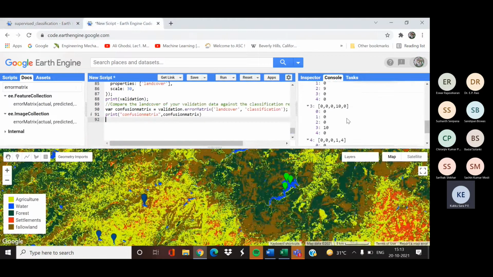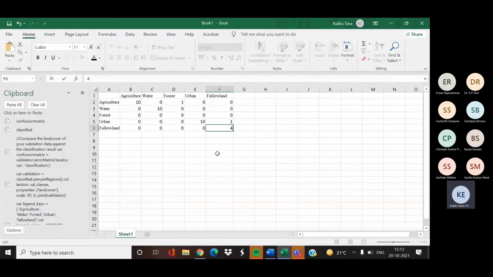So now the values have changed a little bit. So this is our error matrix.